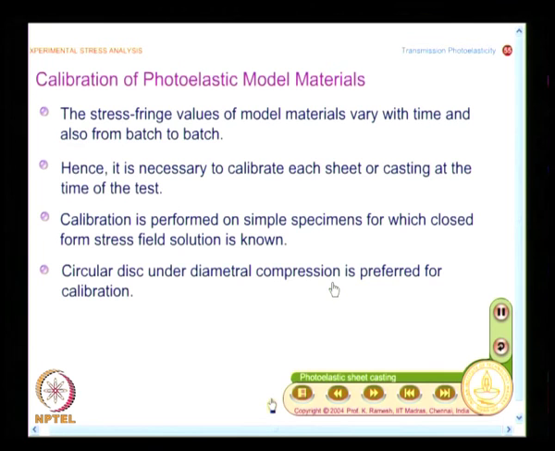Later on, because I use a whole field methodology, I will also extend, I will collect as much data as possible from the field and find out what is the f sigma value. And that also opens up how people started employing computers in experimental mechanics. You will have a bird's eye view of that, because experimentalists wanted to get information quickly and they would be comfortable if I process one data point. In fact, in fracture mechanics, Irwin was very intelligent to identify one data point to find out K and sigma naught x.